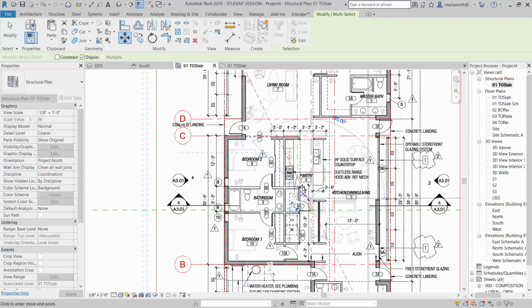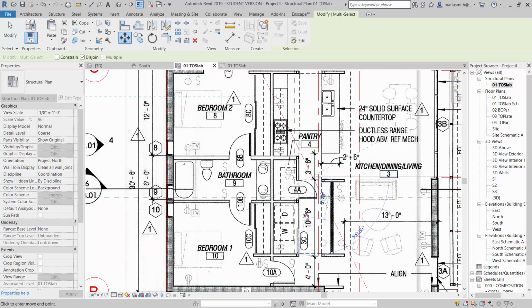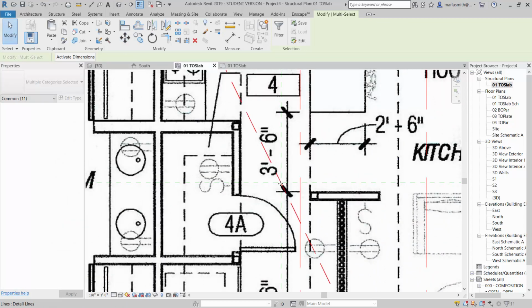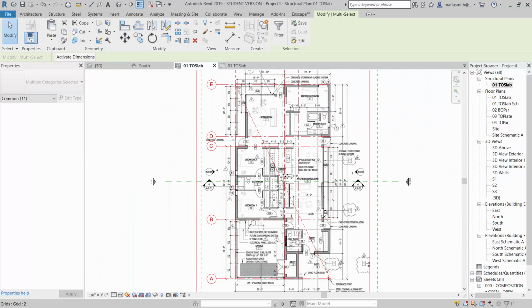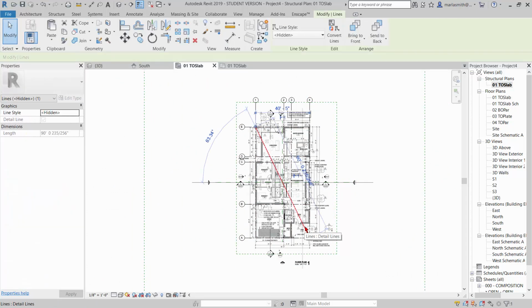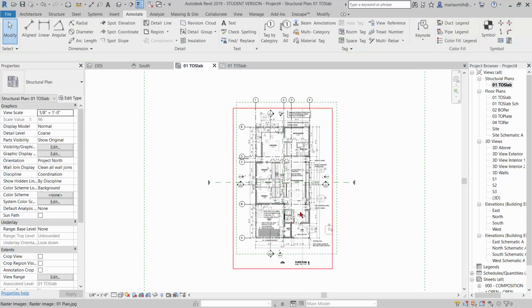detail line that I drew, and then I'm going to move it to the intersection of the reference planes that I have. This is not necessary. This is just for me to be able to have things centered. So once I do that, I can delete this,